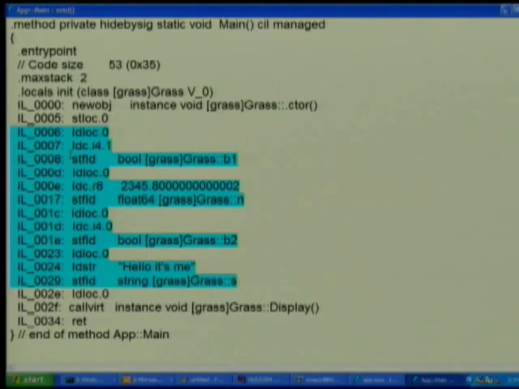Some machines may store Booleans as a bit in a bit mask. Some machines may store it as a 128-byte GUID. Who cares? All I know is that it's going to be true or false, and then it's going to be stored there. Same thing for the N field, same thing for the B2 field, so on and so forth. So all of the in-memory representations have been virtualized away in this instruction set. This is not x86 machine code, rather it's something called intermediate language, sometimes called MSIL or CIL for Common IL. Now,